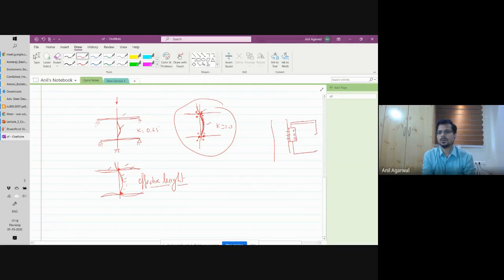So in this kind of an arrangement, since only the web of the beam is connected to the column, the rotation is almost allowed. So the restraint against rotation is very little. That won't happen until you connect the flanges also. So flanges are not connected directly to the column, and therefore you can have almost a pin kind of a connection. So this is almost like a pin connection.